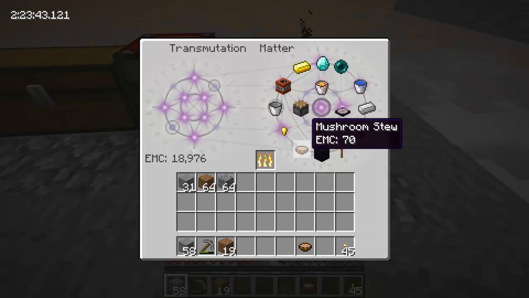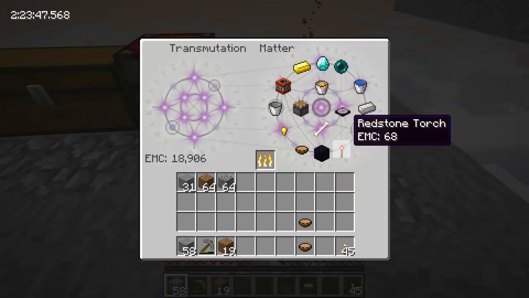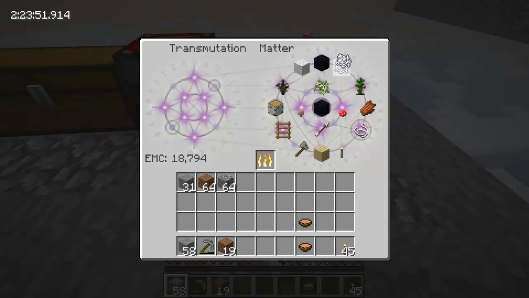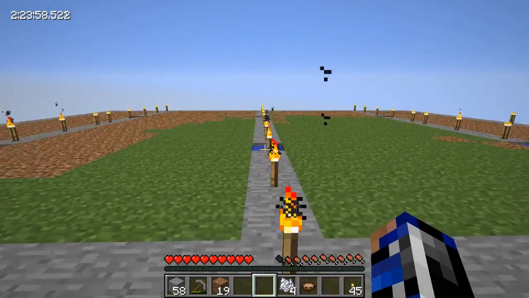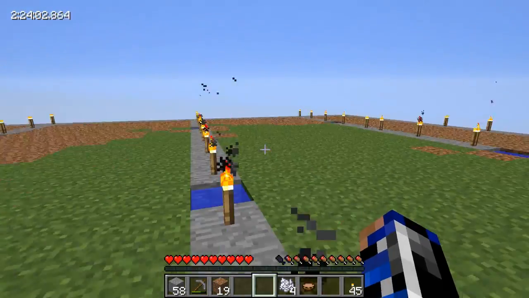So I'm thinking we should get a few mushroom stews to be able to continue with our work of awesomeness. And maybe bone meal would be a very good idea. So what we're going to do is, well, as you see, I expanded the farm so that we have, I'll